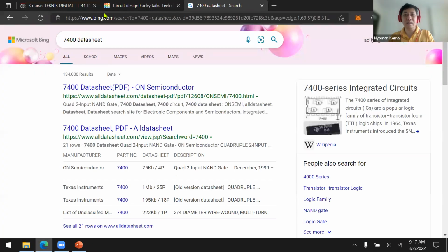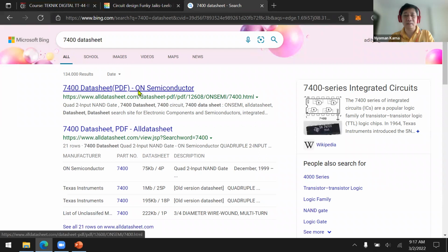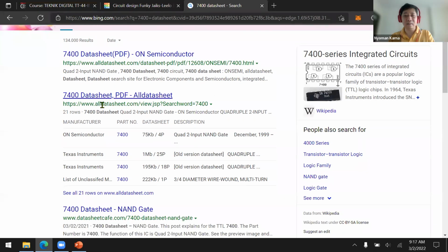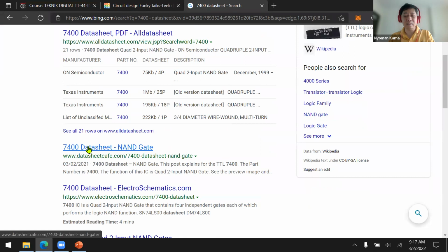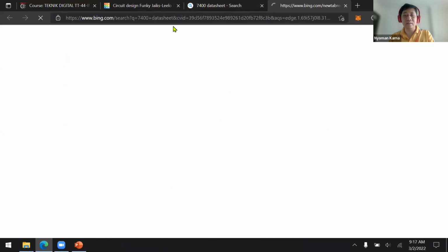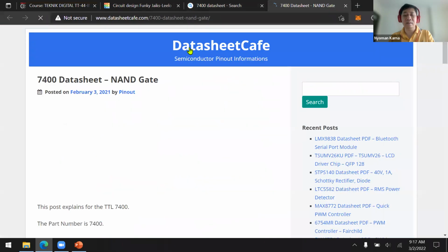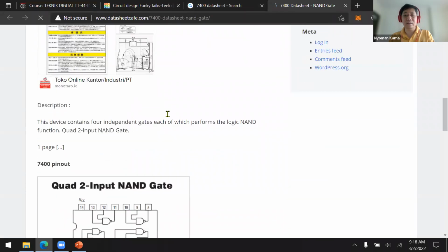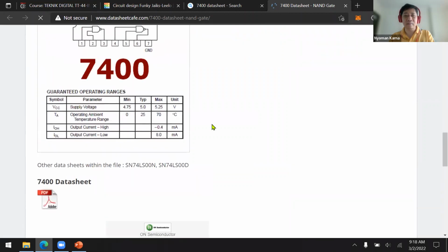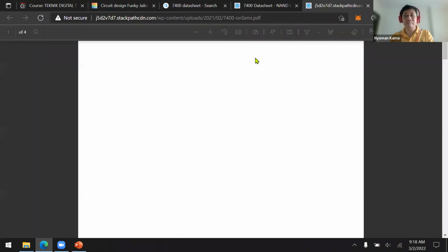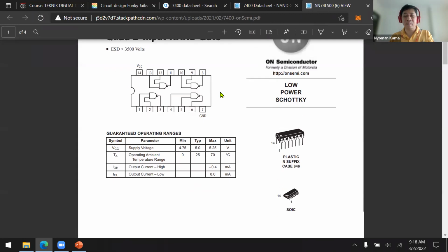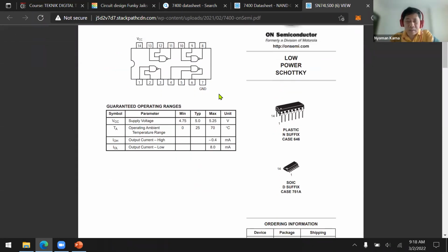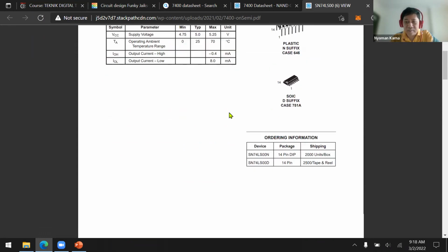And then okay, let's check the speed of the NAND gate.